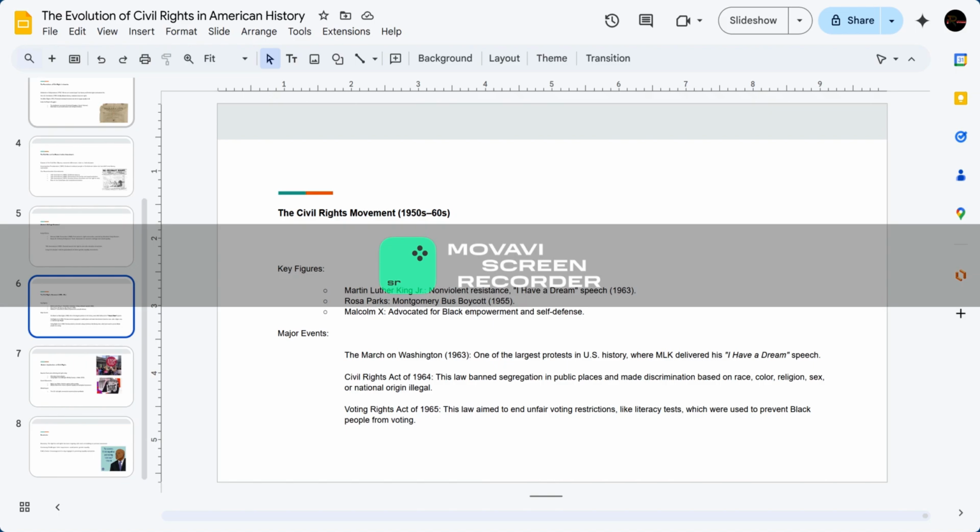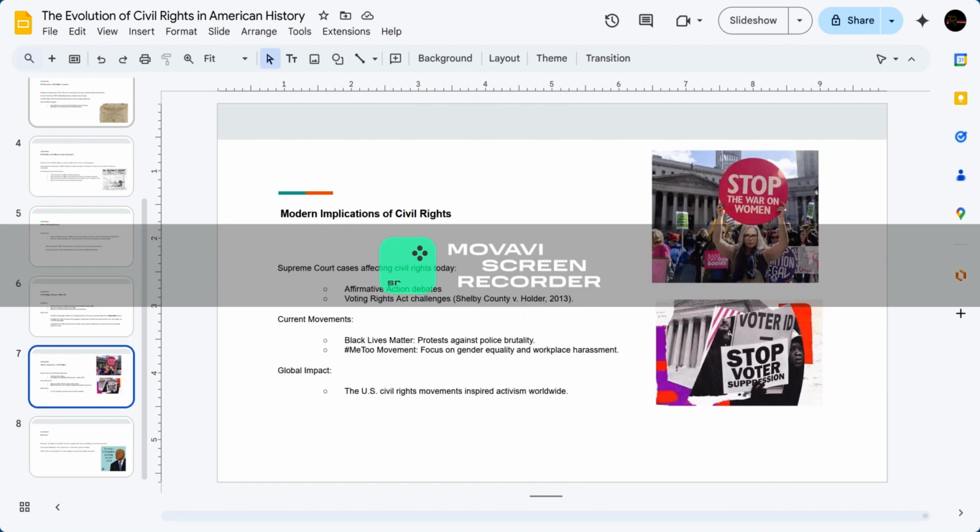I should probably put a picture. I think I am probably going to add it when I send it, a picture of the video that they had. But it's just a quick review over the mainstream things people really know about the civil rights movement. And on to the next slide, which I'm going to be talking about modern implications of civil rights,